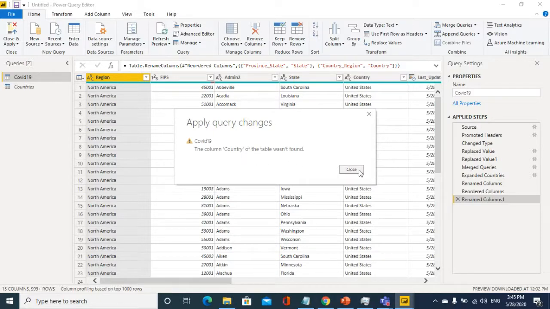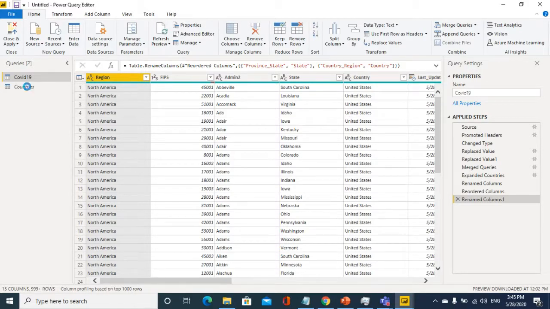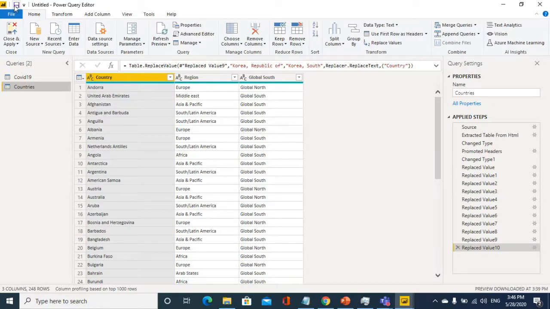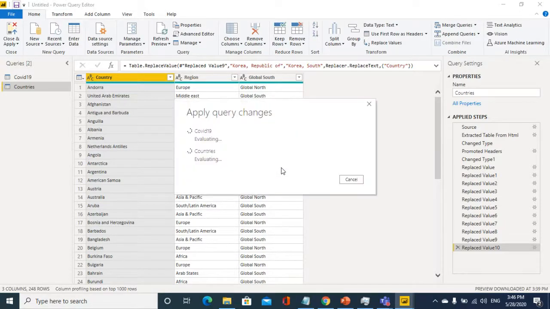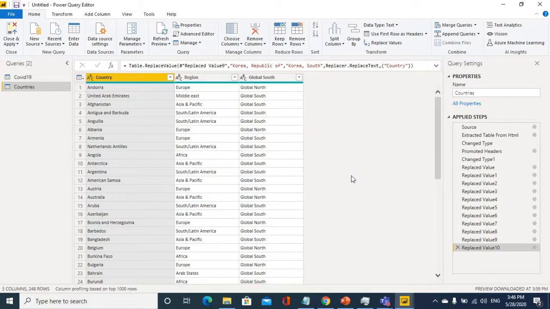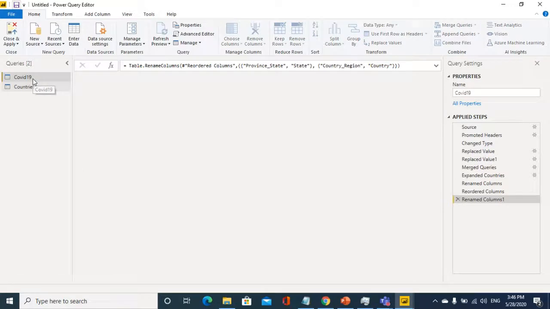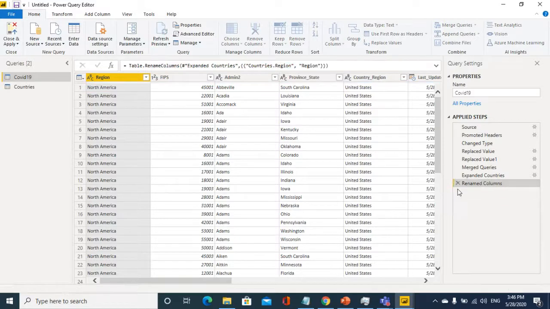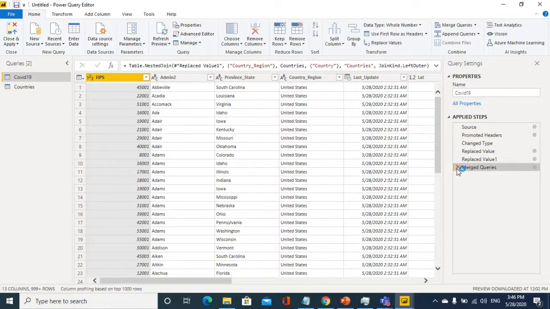So there is an issue here. Let me unload, then load. Let me save this. Let me remove this merge step and do it once again. As I told you, we have the option to remove steps.